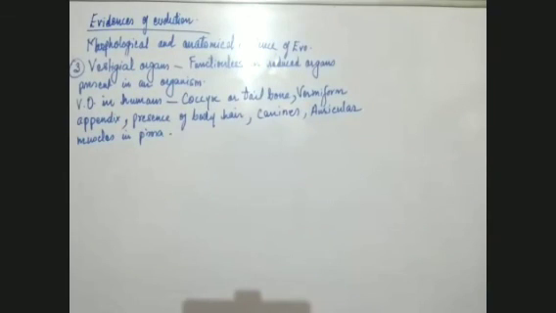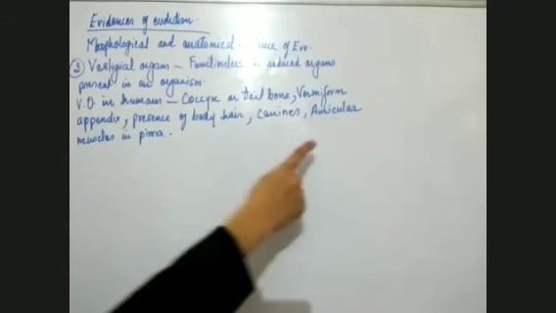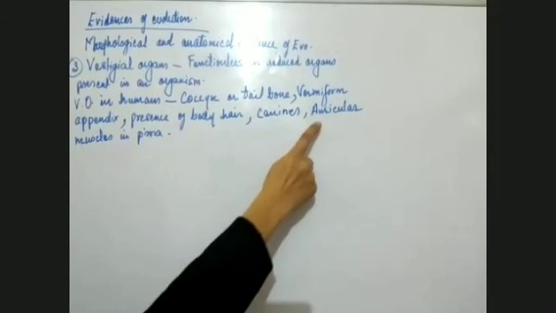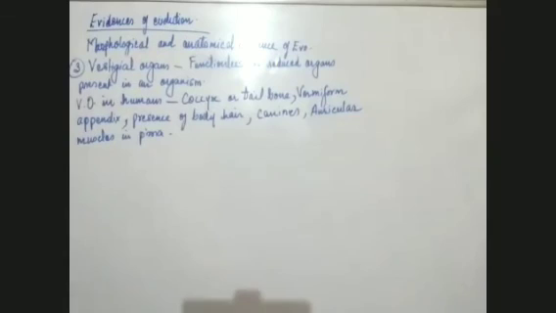They can move their ears to the direction from where the sound is coming. But in human beings, these are now vestigial organs. So auricular muscles in the pinna of human beings are vestigial organs. Now, besides